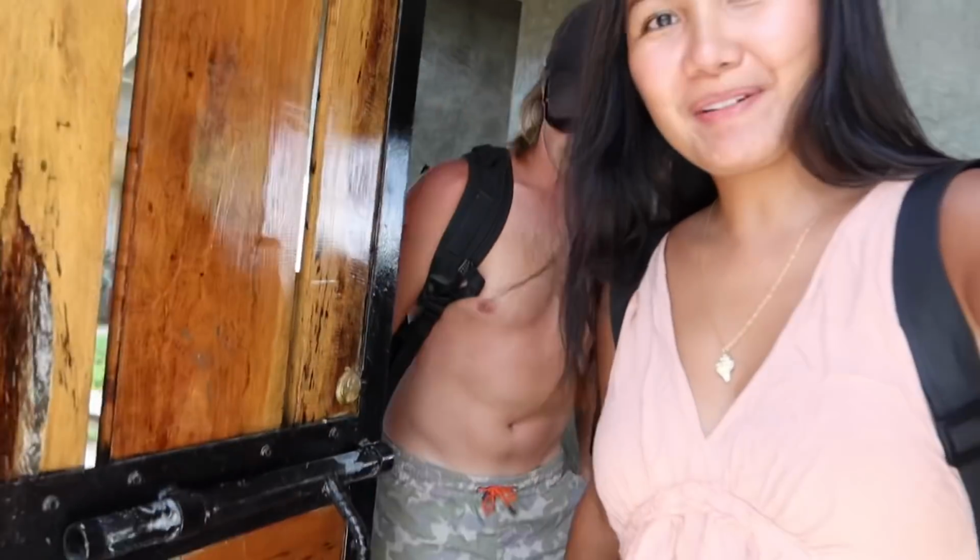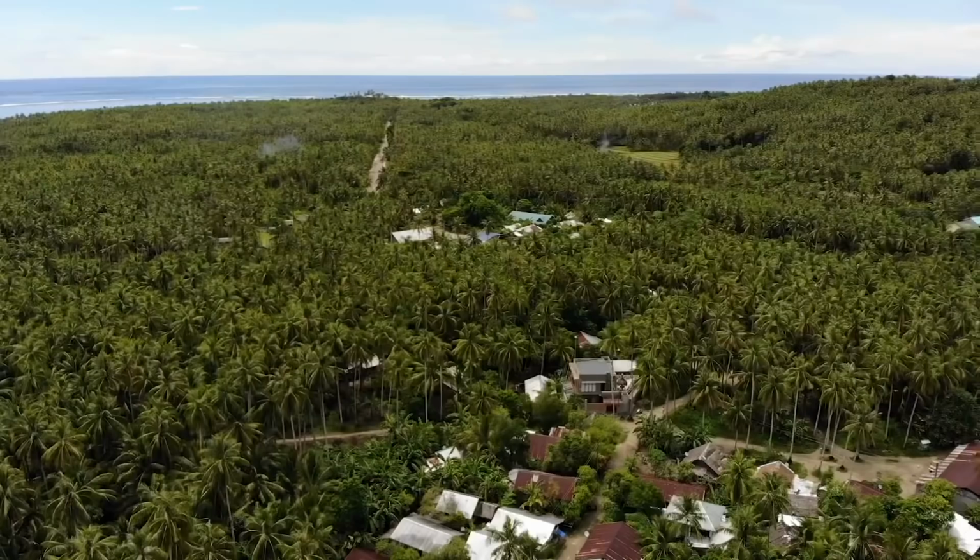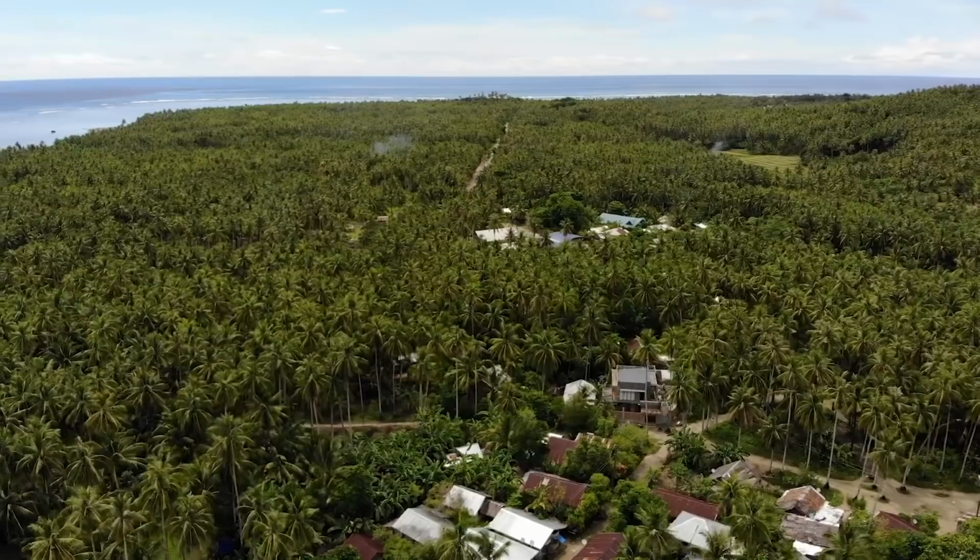Okay guys, Martin and I switched into our swimwear. I'm wearing a bikini underneath this dress, and we'll show you guys our backyard. It is a 5-minute walk to the beach, and we'll show you how to get there. As I mentioned earlier in this vlog, our homestay is located in Barangay Tangbo, right after Alegria. This is the house,